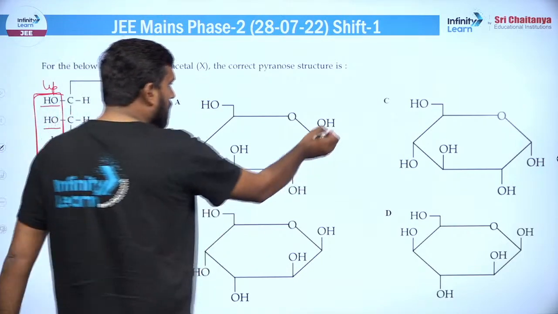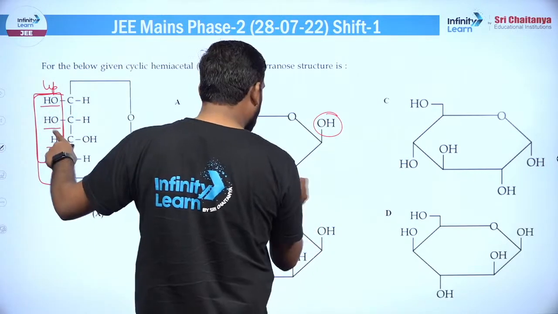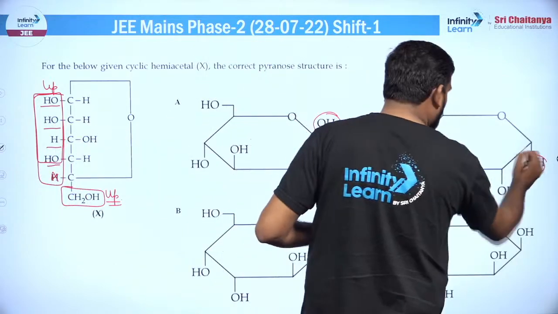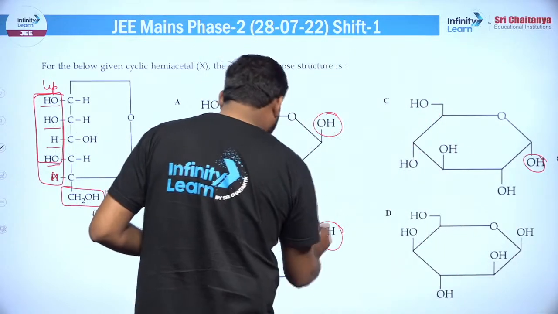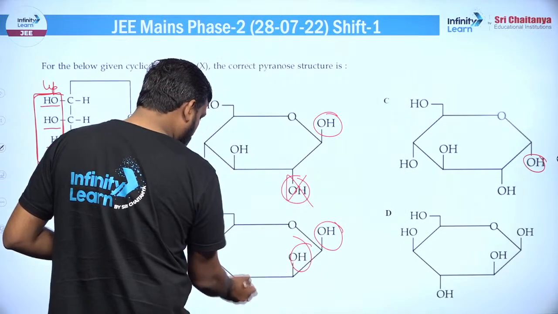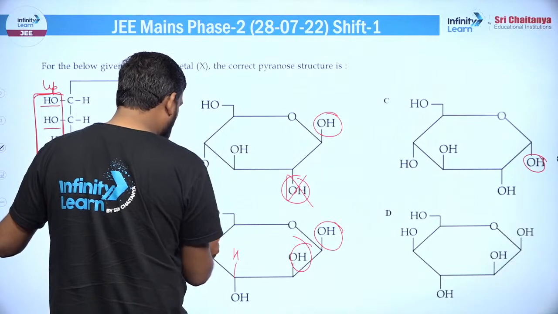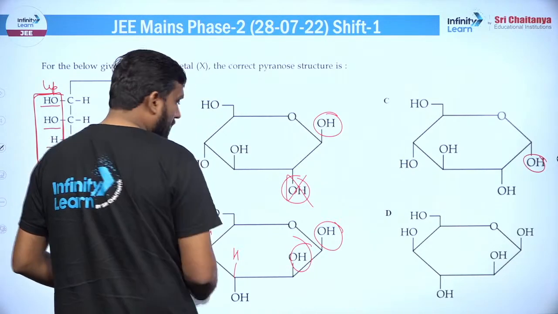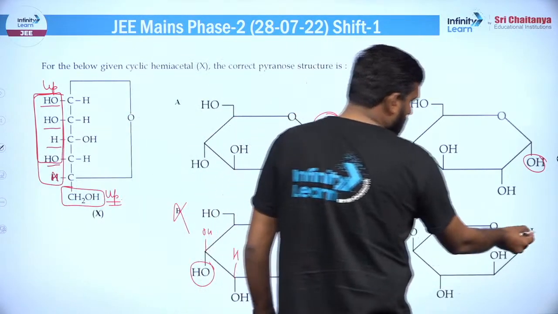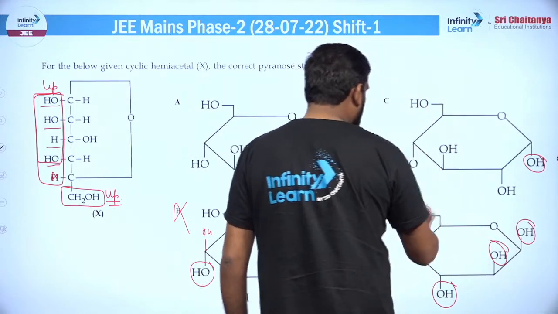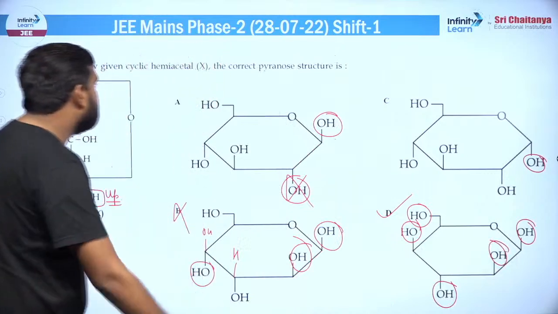तो देखते हैं, OH है अप पे, फिर ये OH अप पे होना था, डाउन पे चला गया, गलत है। यहां पे देखो ये पहला ही डाउन है, गलत हो गया। ये वाला अप है, ये वाला अप है, फिर यहाँ पे हाइड्रोजन अप में आएगा, फिर यहाँ पे OH अप पे आना था, लेकिन OH डाउन पर है, तो ये गलत हो गया, बचा ये वाला, तो यही सही होना चाहिए, अप अप डाउन अप अप, ठीक है, तो ये सही है।